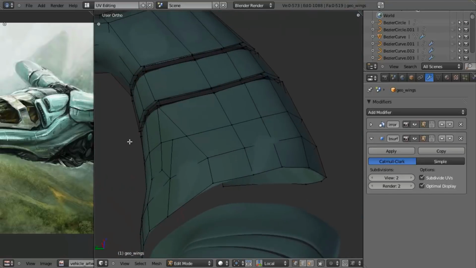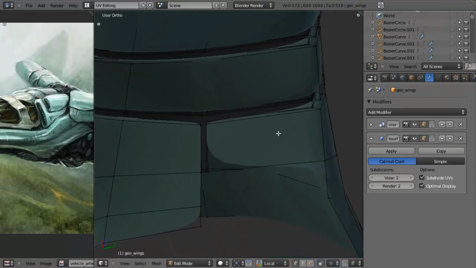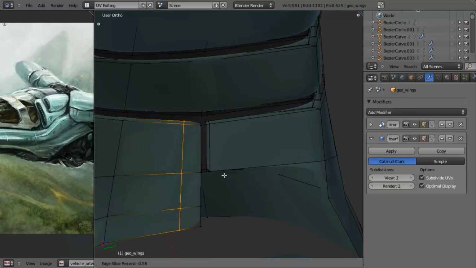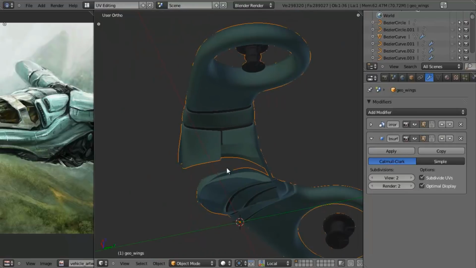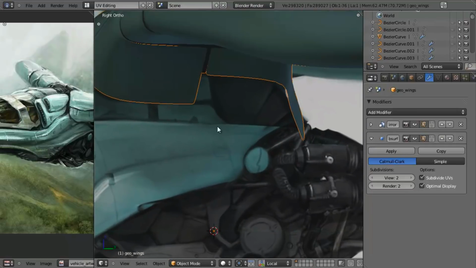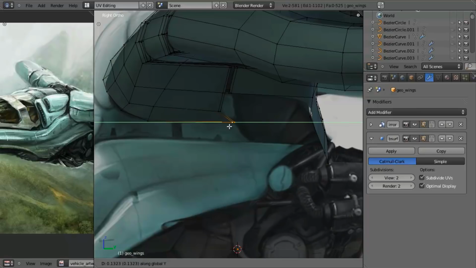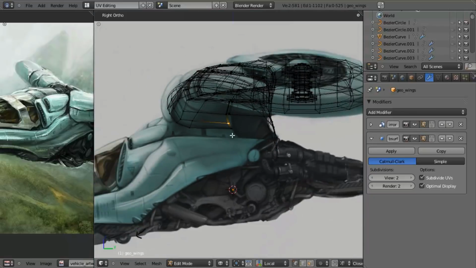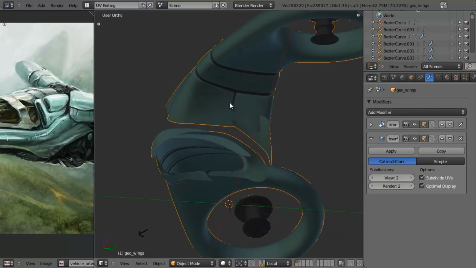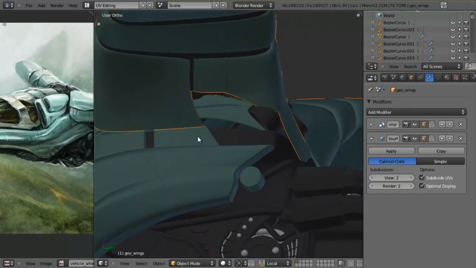I can also add in another edge loop right to there to square that up. Another one right to there. I'll go ahead and pull these over. About like that. Okay, I'll save this, hit Alt-H to reveal everything, and I want to go ahead and select